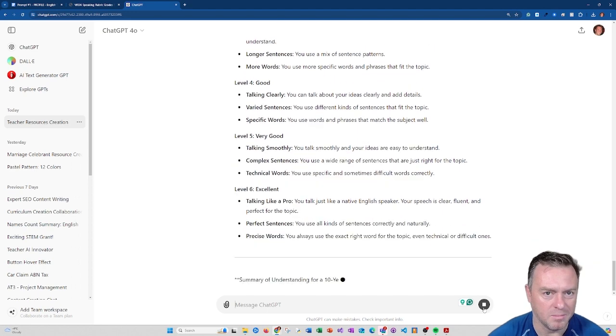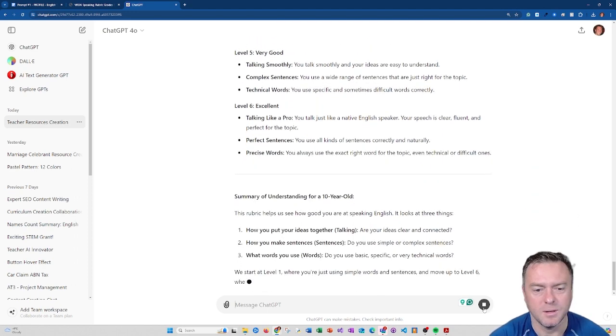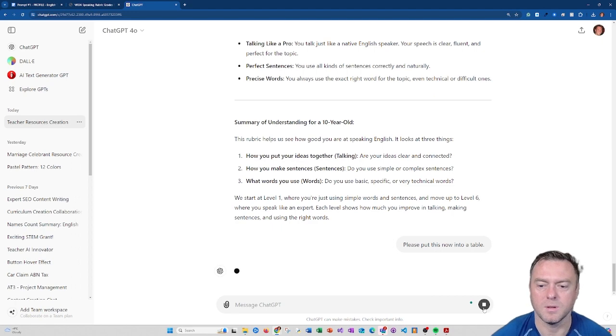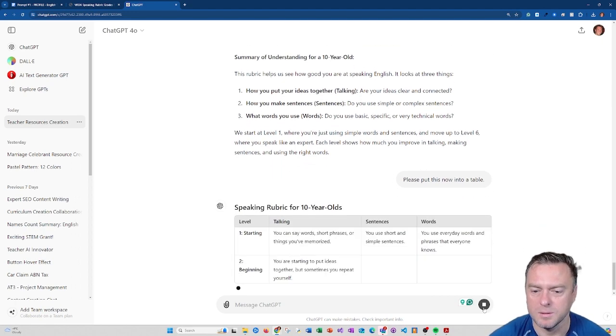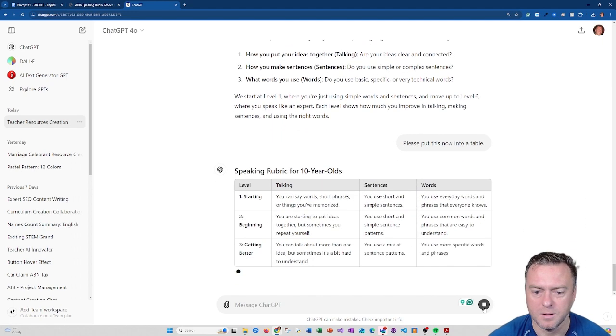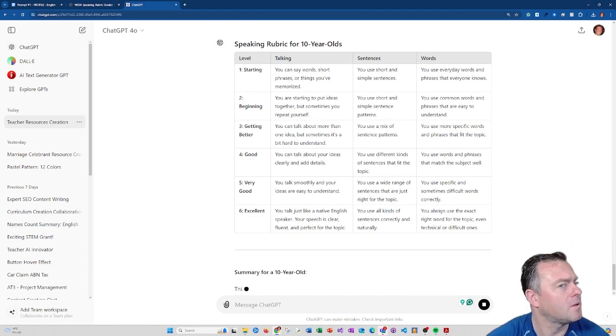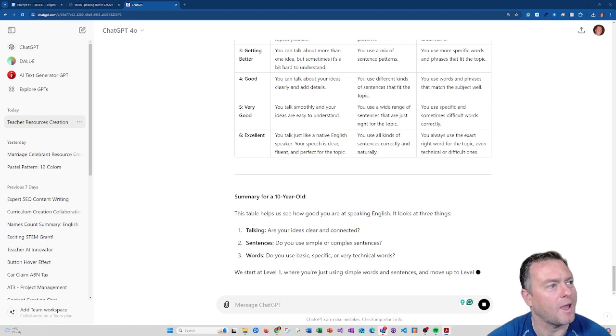And then, yep, that looks pretty good. Please put this now into a table. There's the table. And then it looks like it's okay-ish, but then if you want all the dot points,